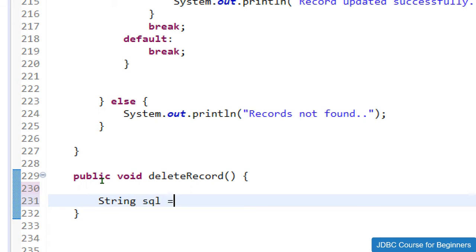I'll just store it into the SQL, which is my variable name. So let me make it as SQL equals to delete from student, which is my table name. I will also show you this table structure and all. So delete from student where roll number, which is my column name, is equals to